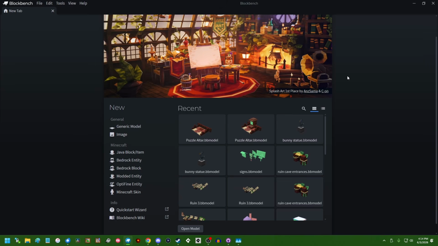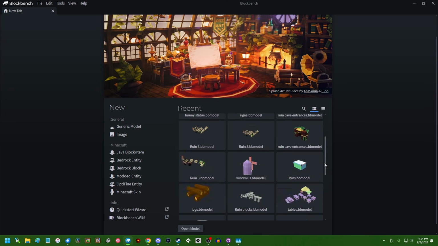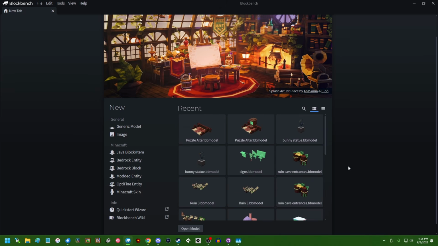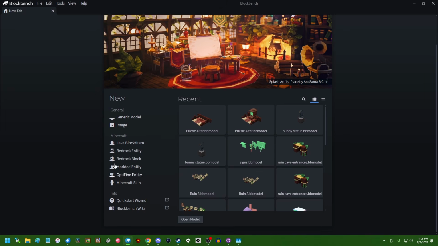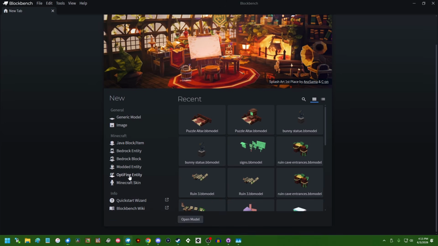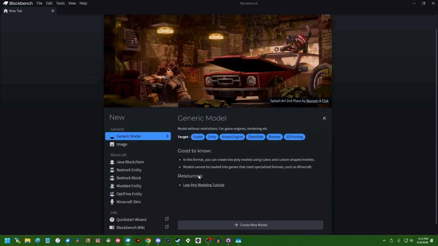I'm going to open it up, and what you see when you first open it is going to look something like this. If you don't have any recent projects, for example, if this is the first time you're running it, then this list will obviously not be here. There's a couple different model presets that you can select if you are trying to create something like content for a Minecraft mod or something like that. I'm just going to go and create a new generic model